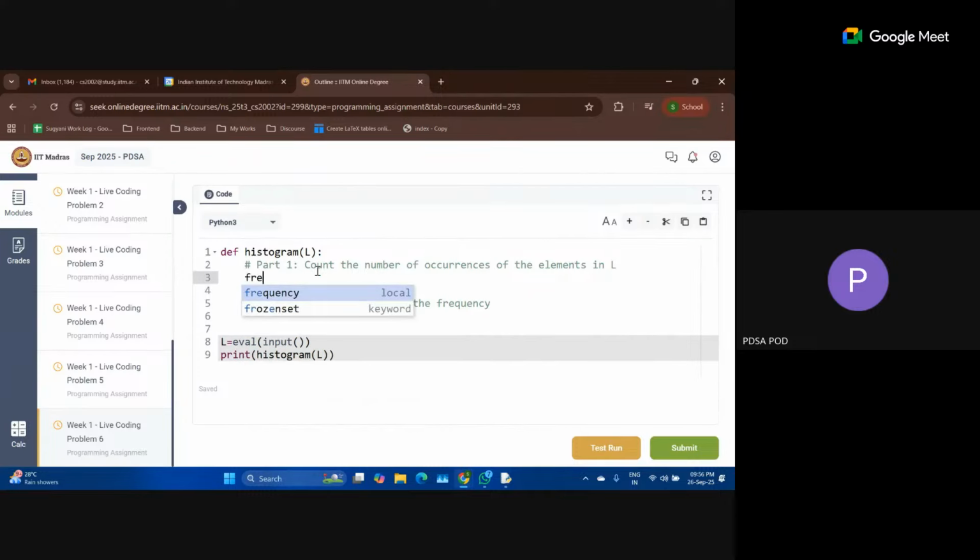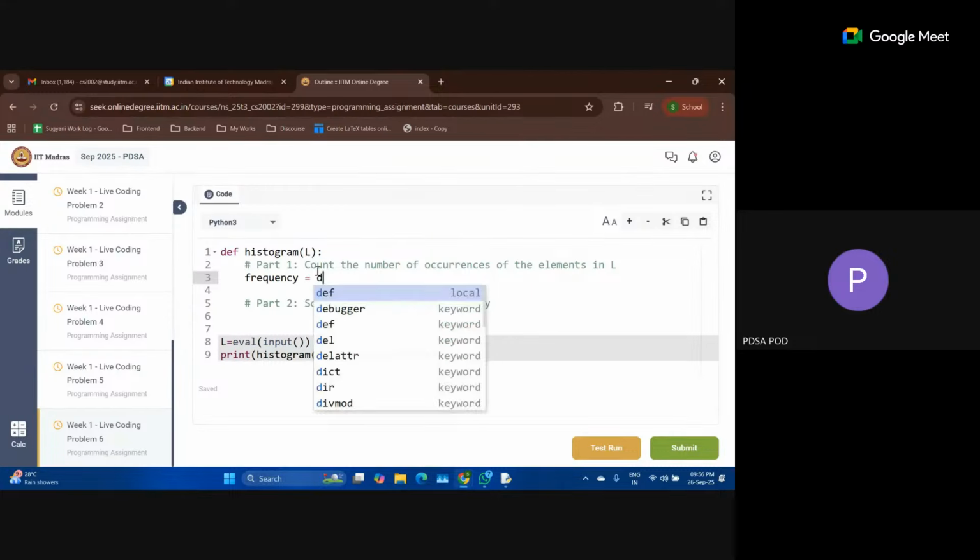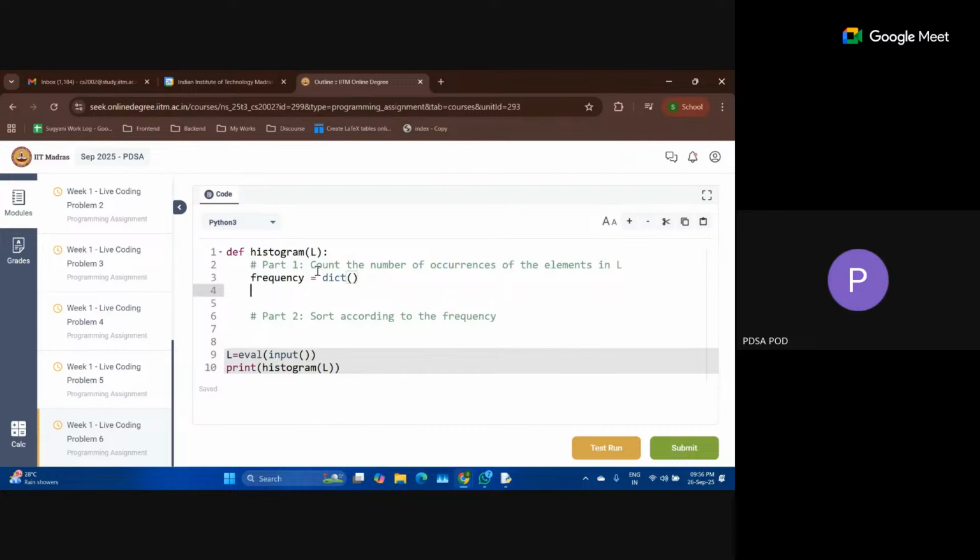So what we will do is use a dictionary, which will basically be the easiest method to count the number of occurrences. We will use a dictionary data structure to do this. That will become really easy. For every new element, I will make a key in the dictionary and put the value 1 initially. Every time I encounter the same value again, I will just add 1 to the number of occurrences.